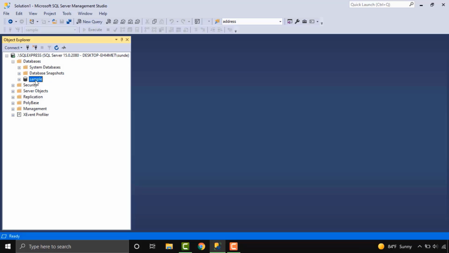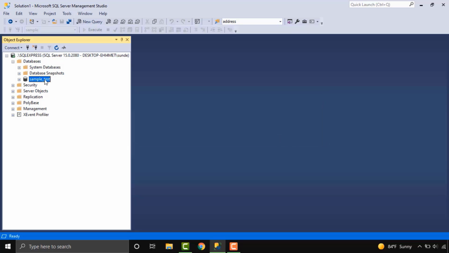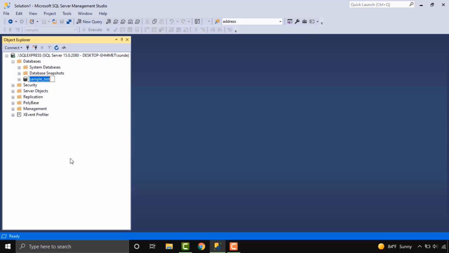So to rename the database, you can simply click twice on the database name and rename it to the new name, then a pop-up will come to rename the database. If you click on this, the warning will not come and the database has been renamed. The other way is to right click on the database name and rename it. Once we do the rename, that's it, the database name got renamed.